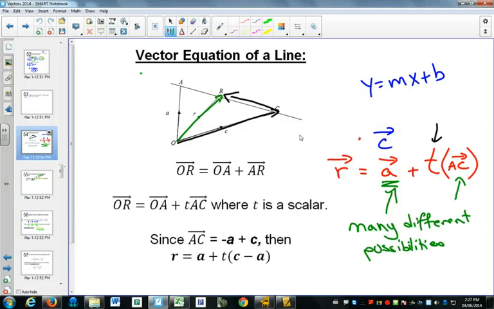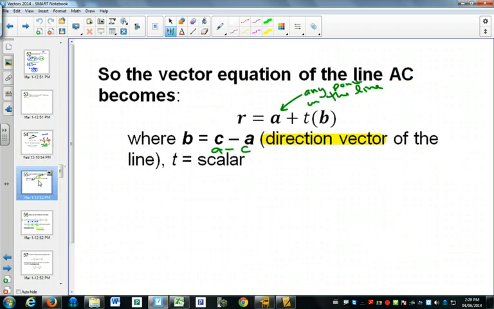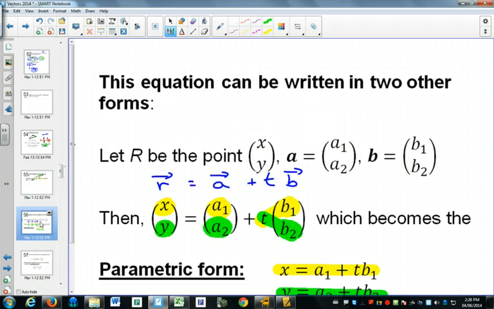Good. So, quick review of what we started yesterday, vector equation of a line. You could write any point on a line by starting with any point and then getting its direction vector b and then going along the line in the right direction a certain distance will get you to another position vector, which will give you another point on the graph. Then we learned if we have some point on the graph x comma y, and we have a starting point which is a and a direction vector which is b,